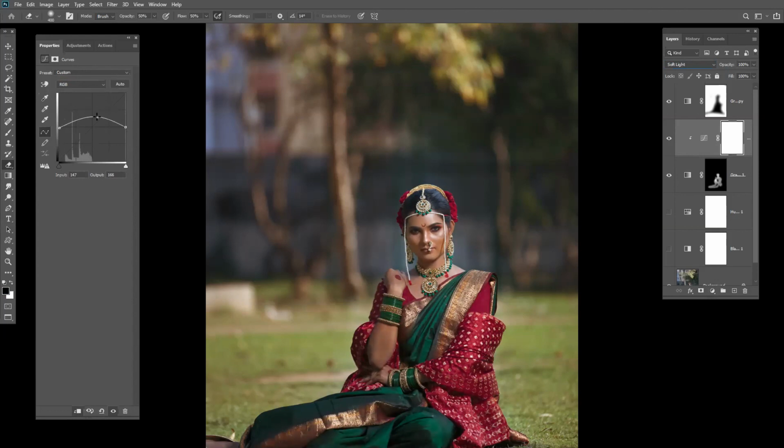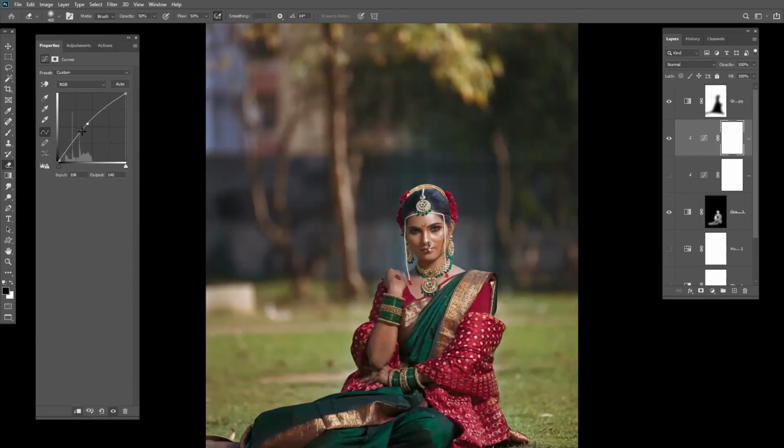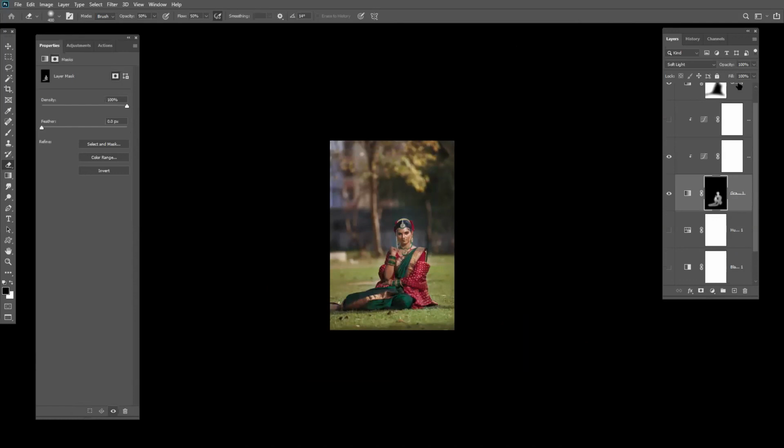It will only work on the midtones, it won't work on the shadows and highlights. If you go with a normal curve, it will work on the shadows and highlights as well, but with the gray curve, it will only work on the midtones. You can always reduce the